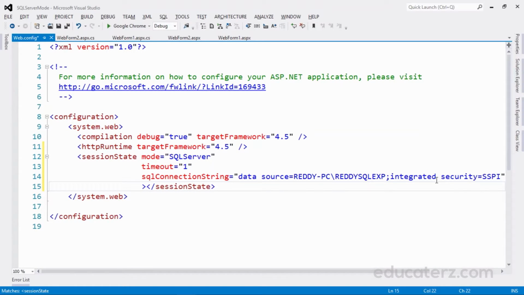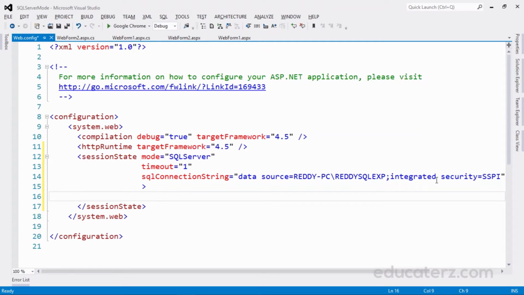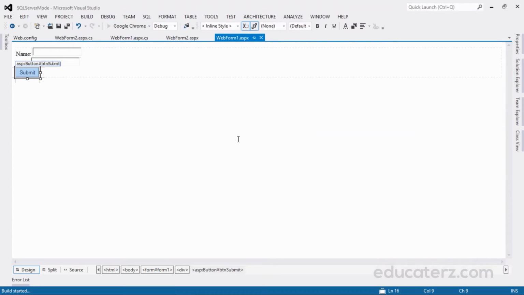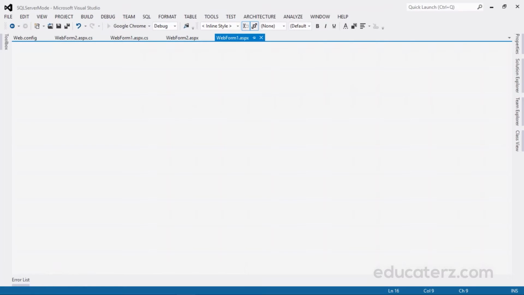That's it. We have created a database for storing session variables, and we have set session state mode equal to SQL Server here. By this, session state variables will be stored in our SQL Server database. Let us execute this application and see whether it will work or not.